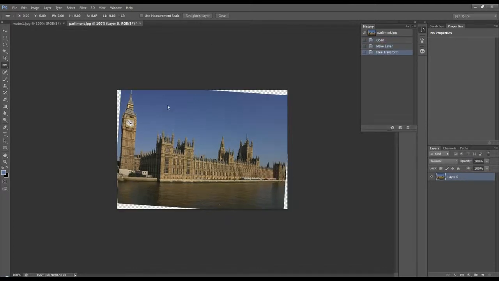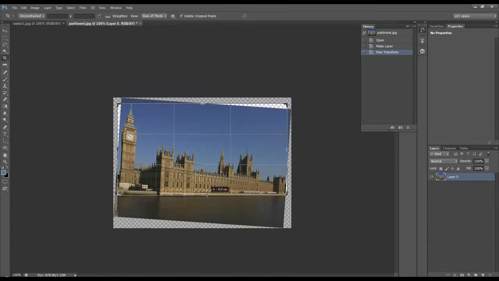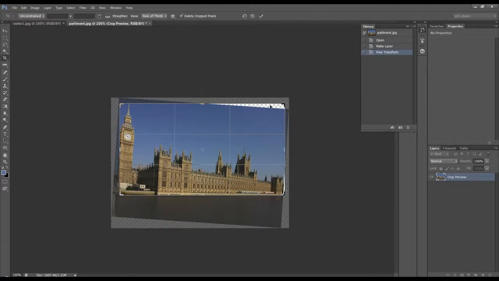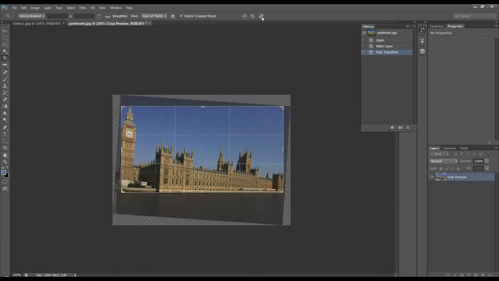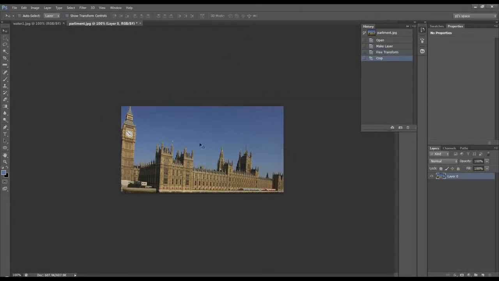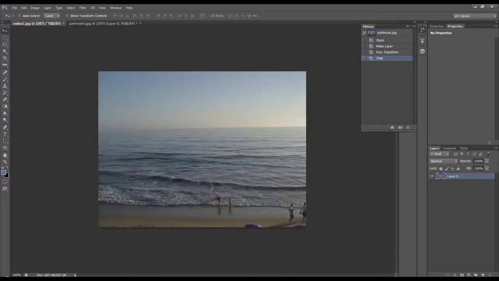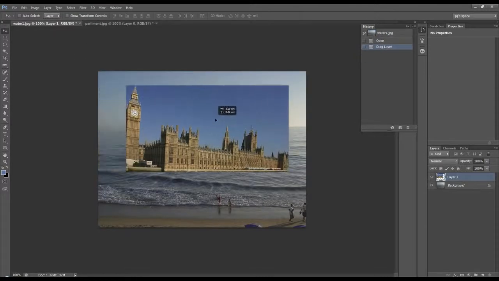Straighten layer. Get our crop tool. Now when we crop up we'll get a nice straight line down there. We just got to bring these in so that we're not getting any transparent pixels. That'll be fine. Click OK, get our move tool, drag the layer up to our water layer, drop it in,